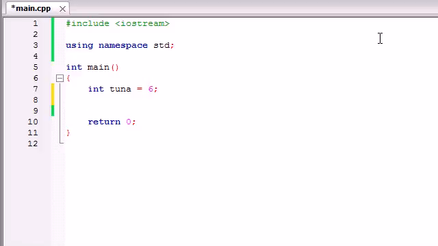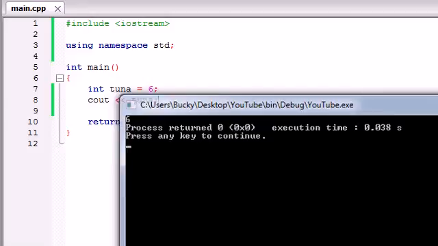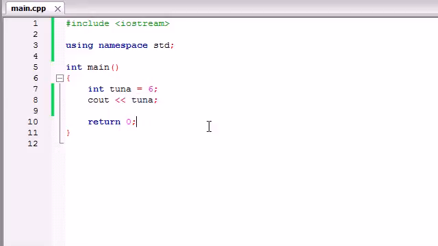So now what can we do with variables? Well, just like we can print out text on the screen, we can also print out variables just as easily. So if you said cout and just print out tuna, we can build and run this, and it would print out not the word tuna, but it would print out 6, just like that. So that's pretty cool, and that's the basics of variables and how we can use variables